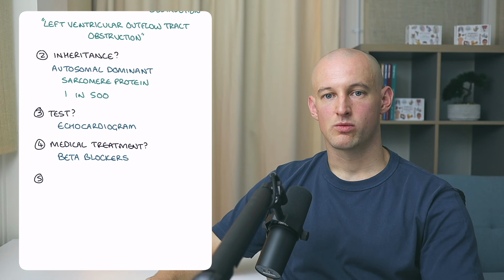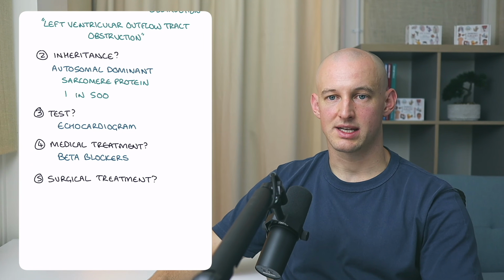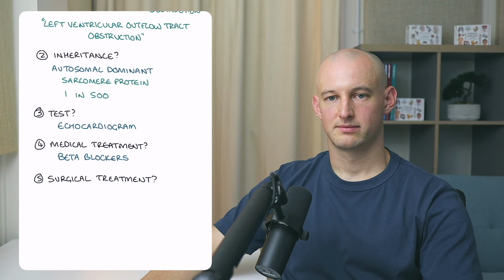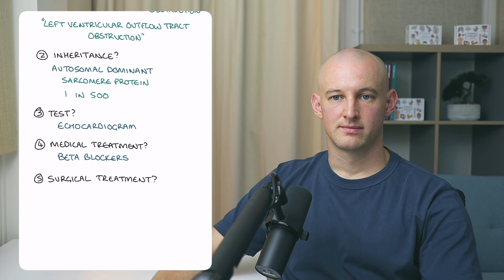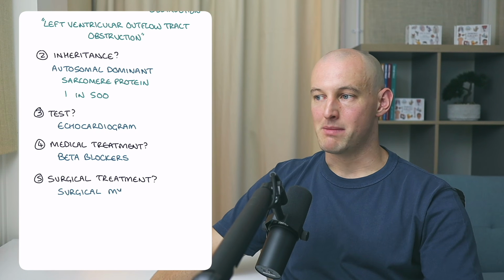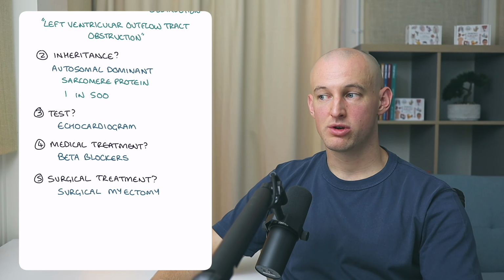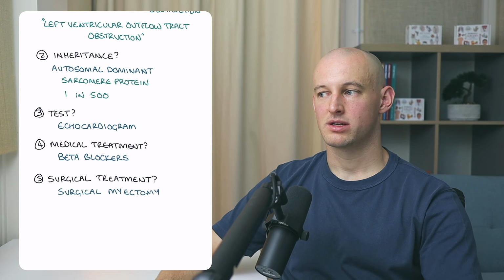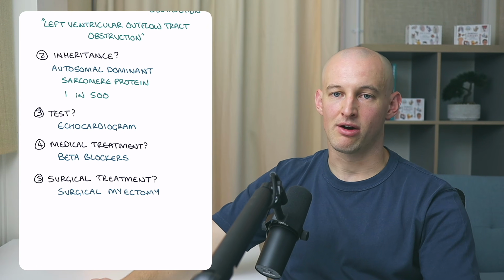Question 5. What's the surgical treatment for this condition? Surgical myectomy, which involves removing part of the heart septum to relieve the obstruction to outflow of blood from the